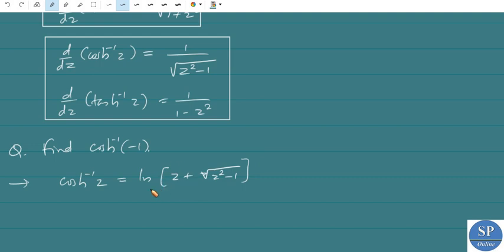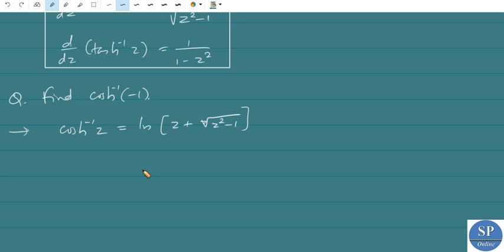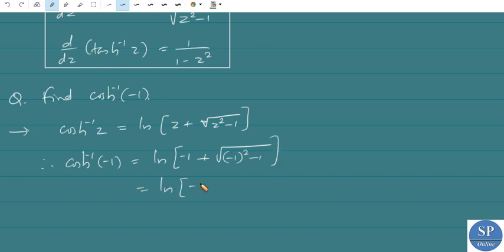This is the definition of cosh inverse of z. So when we replace z by minus 1, we have cosh inverse of minus 1 is equal to ln of minus 1 plus square root of minus 1 whole square minus 1. So this is nothing but ln of minus 1 plus 0, that is